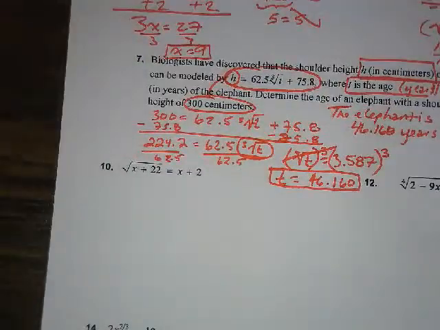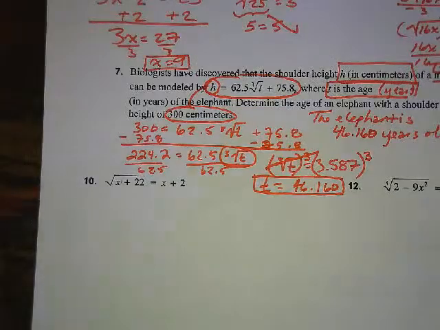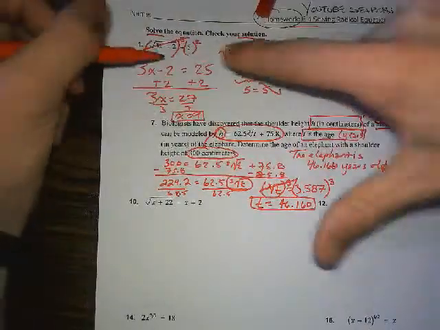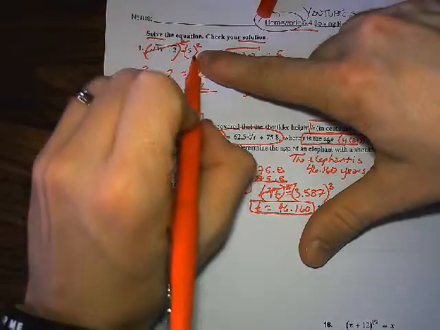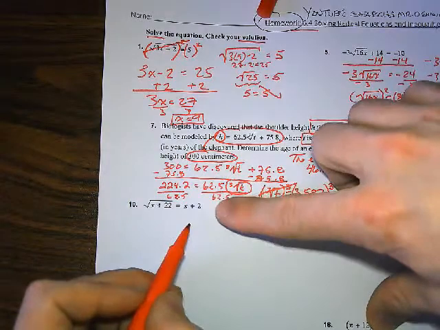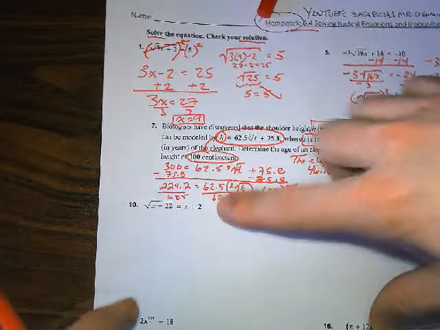Let's move on. We're going to tackle 10. And now we have, like on the other side, on number 1, we just have numbers, a constant over here. But now we're going to work with variables on 2 sides. So, when we square both sides in number 10,